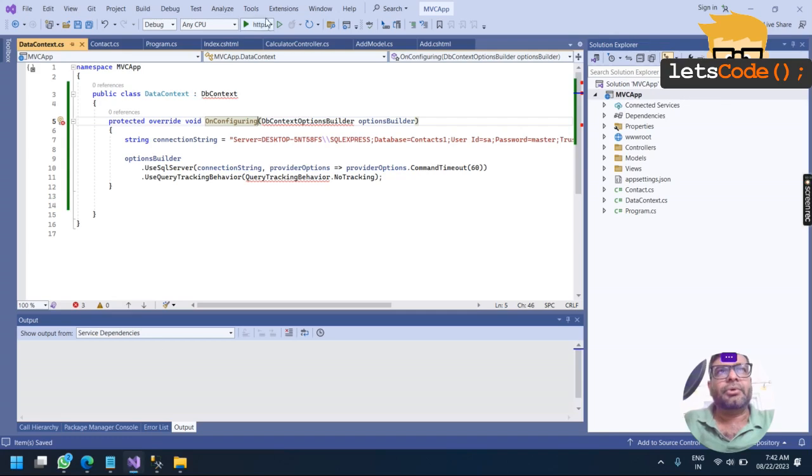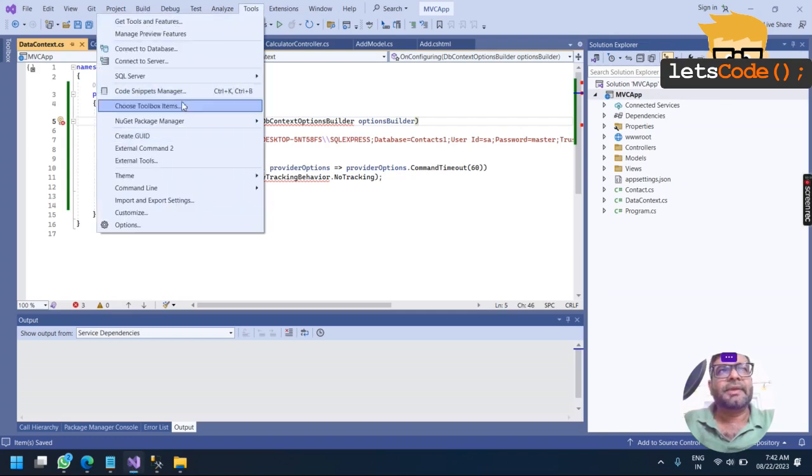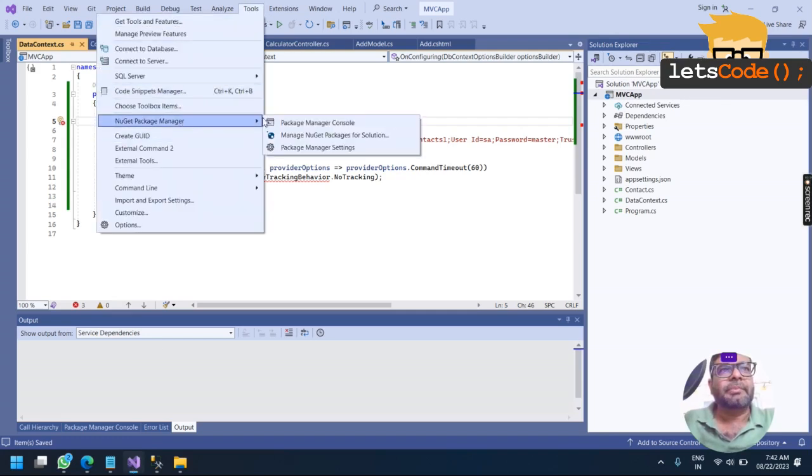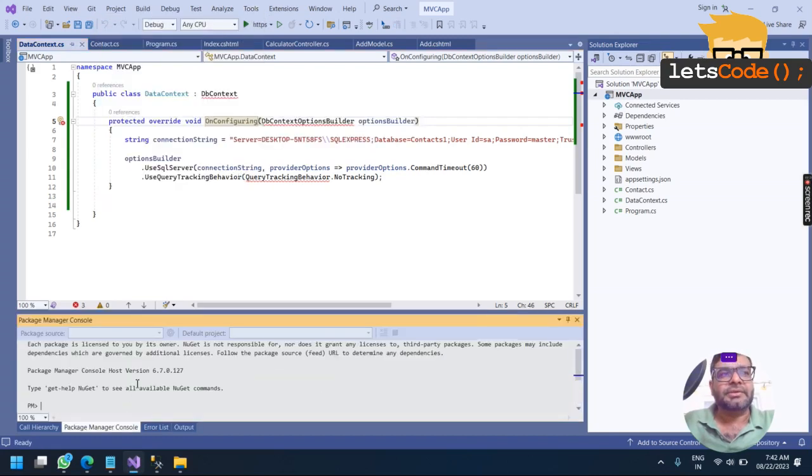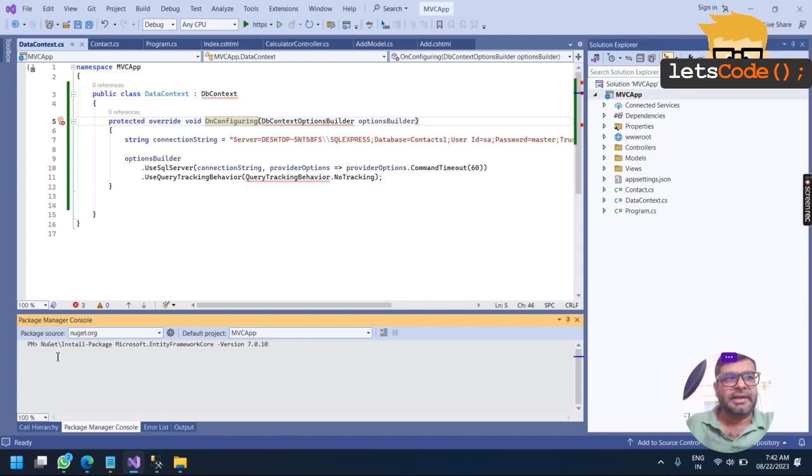Now I have to go to tools, then NuGet package manager and package manager console. Here I'll clear first of all, and I'll copy this. I'll remove this, and I'll also remove the version.